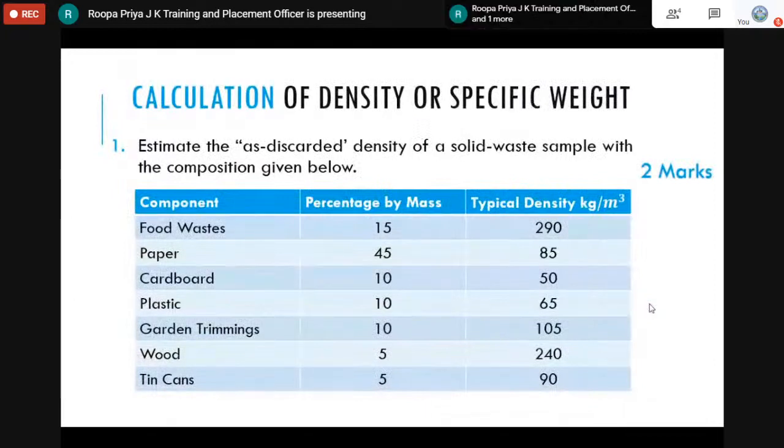One question on the density or the specific weight. You may be given the component, the percentage by mass, and typical density in kg per meter cube. Please remember, this will be the type of question which will be asked in your question paper. So considering these values,